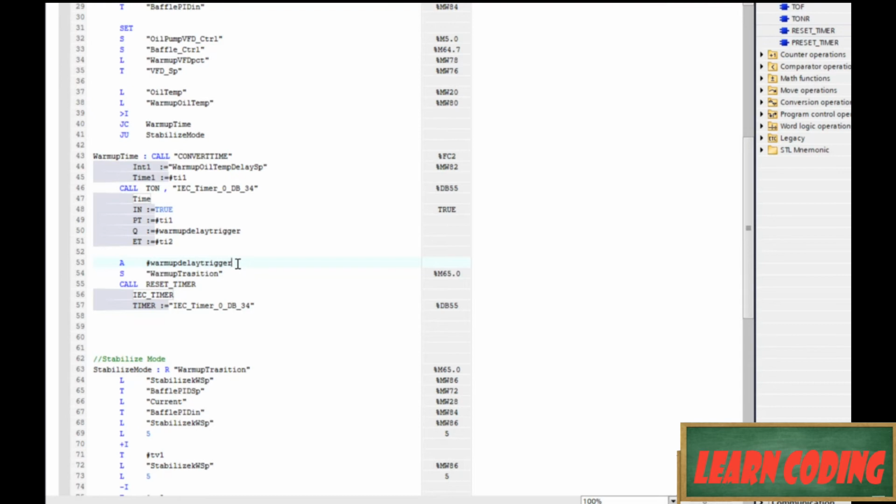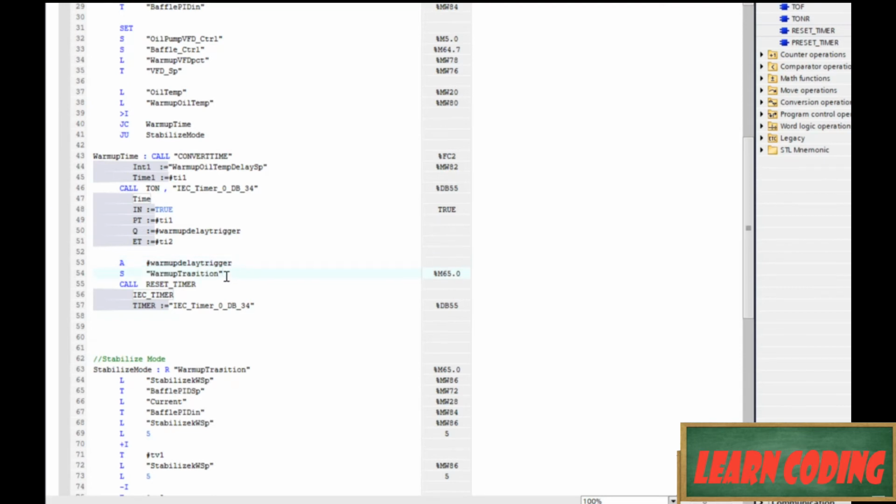So on this, that's when we need to decide to go to one of two places. Either we go to a place where we reset the timer, or we go to a place where we don't reset the timer. So if we've got the trigger,